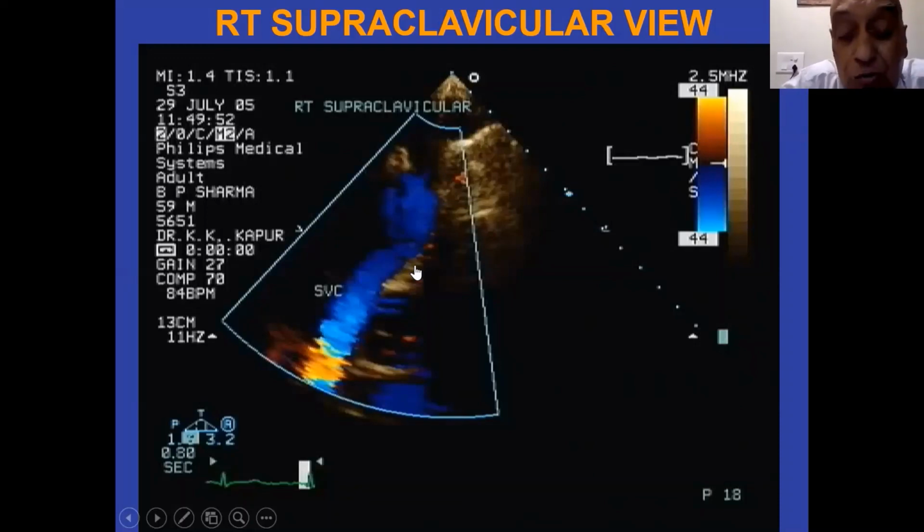One of the things I told you was to go to the apical short axis from the apical position. The other thing you can do is go for harmonic imaging. Tissue harmonics should always be there. Anytime you're buying a 2D echo machine, it should always have tissue harmonics,